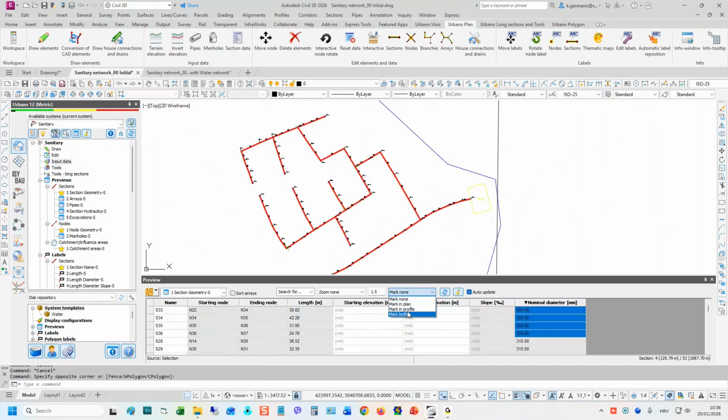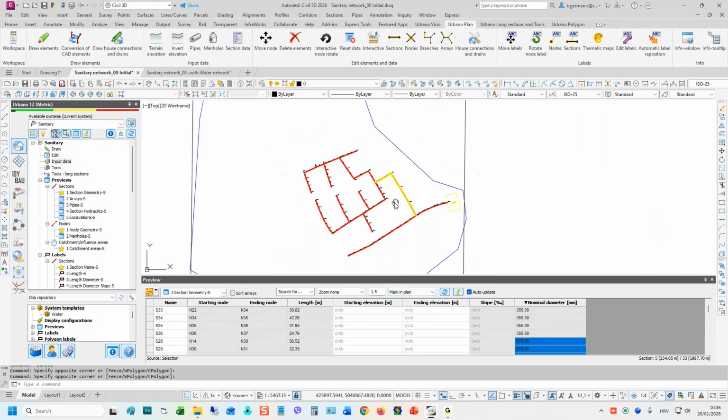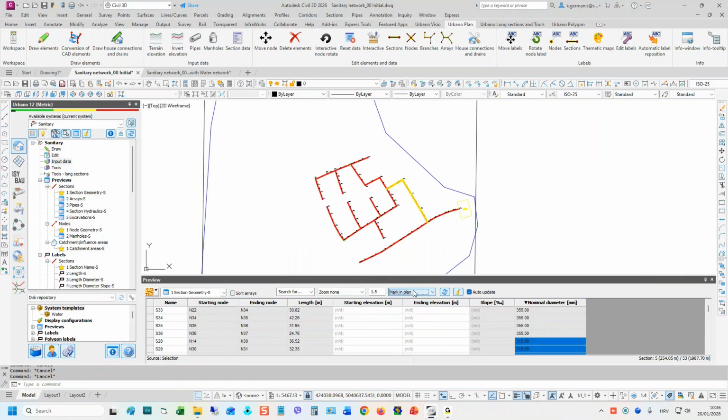So now let's say if we choose marking to show marking in plan, if I select elements in the table, we will see that these elements in particular have the diameter of 315. To remove this marking without turning it off, you can use this wipe button to remove it from the drawing, or type regen in your